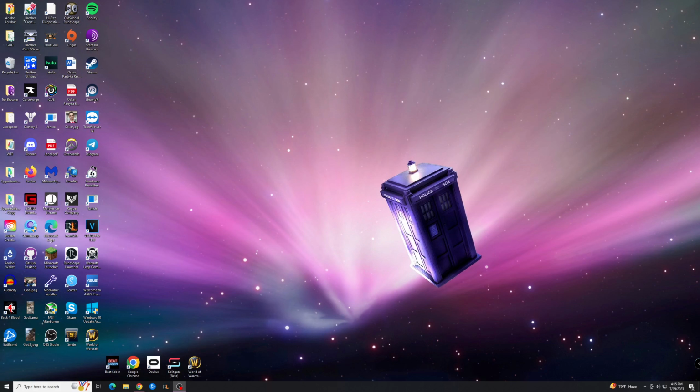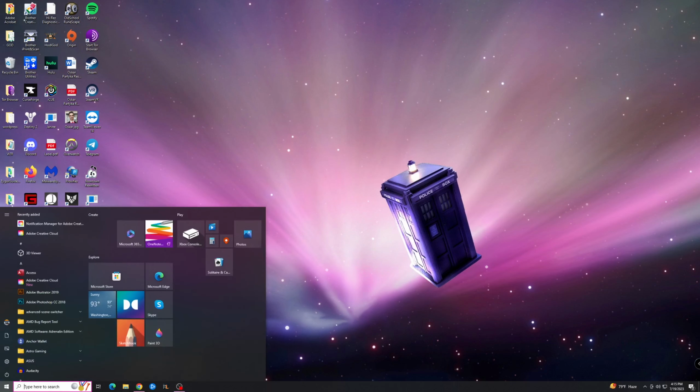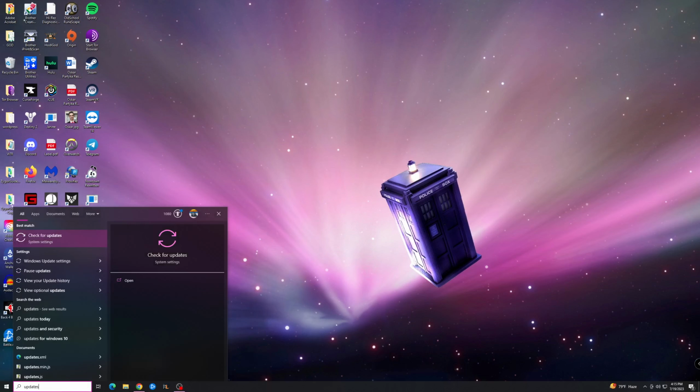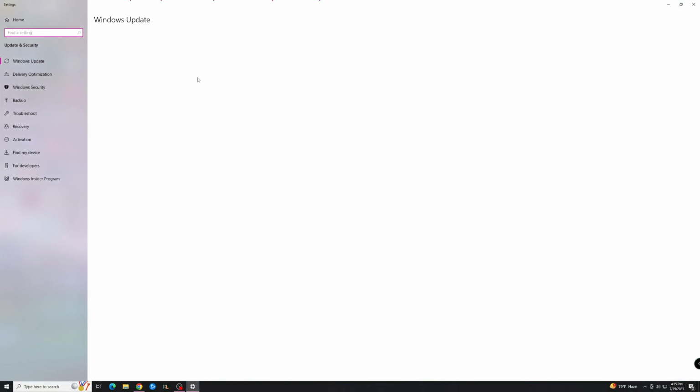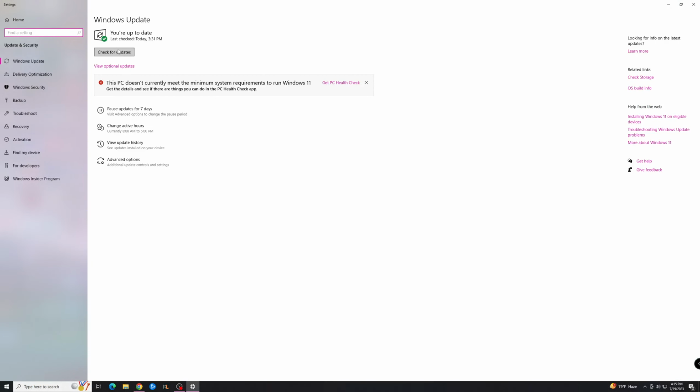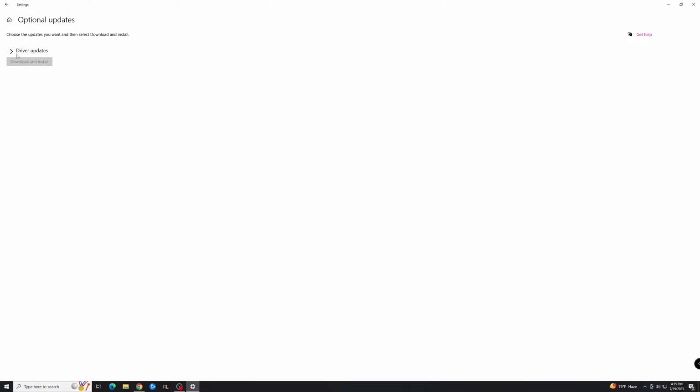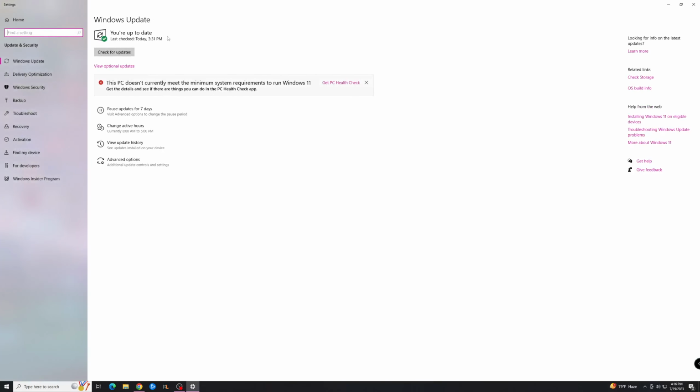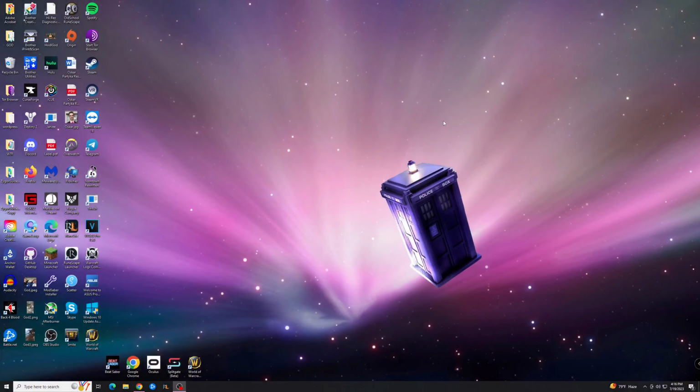So the first thing you want to do to fix this problem is hit the Windows key, type in updates, and go and check for updates and make sure you don't have any updates pending. If you do, that could easily fix your problem, so go ahead and do that. Also look for optional updates as well. I'm not going to do these right now because they're not relevant to this problem, but you might have something that is. And if you're up to date, we'll move on to the next step,